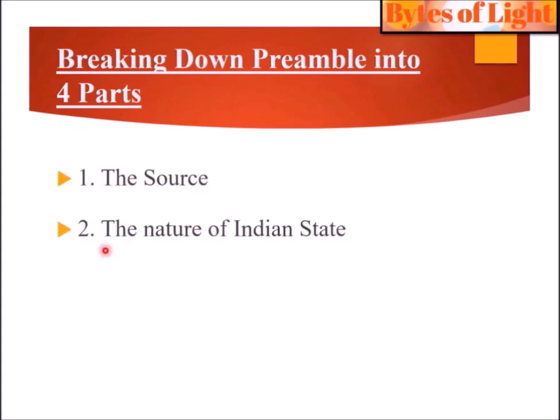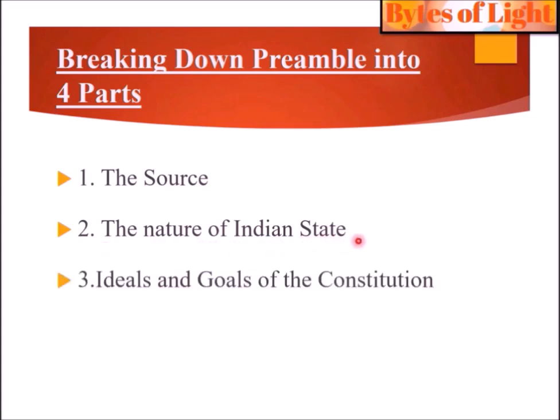That is breaking down the preamble into four parts. First part, that is the source. Second part, that is the nature of the Indian state. Third part, the ideals and goals of the Constitution. And fourth part, the date of adoption. So going to the first part,